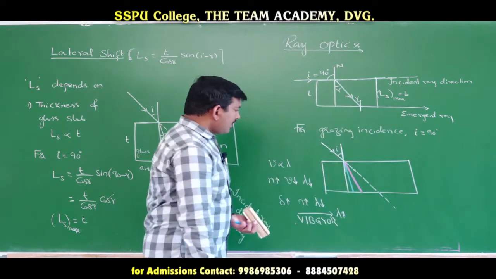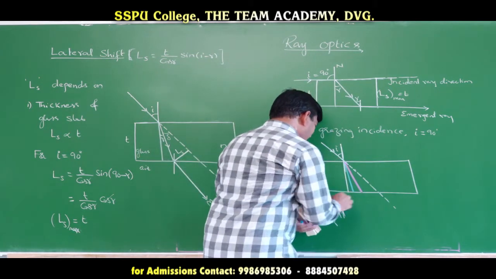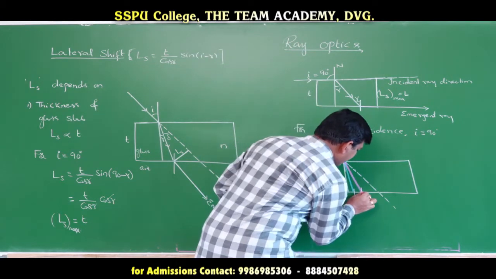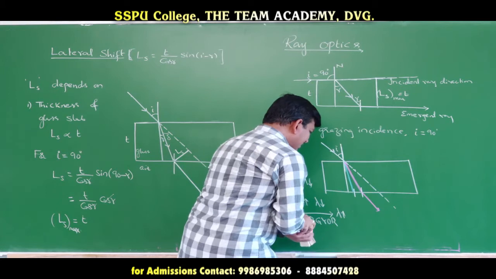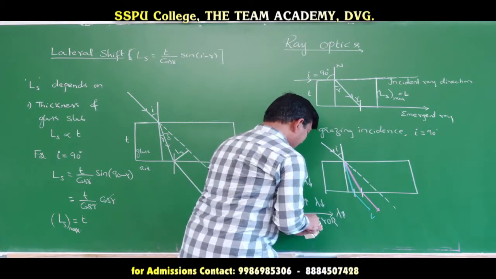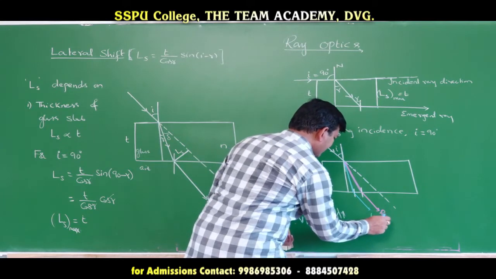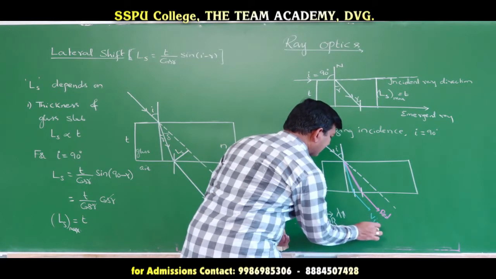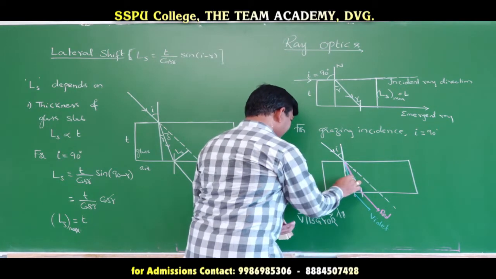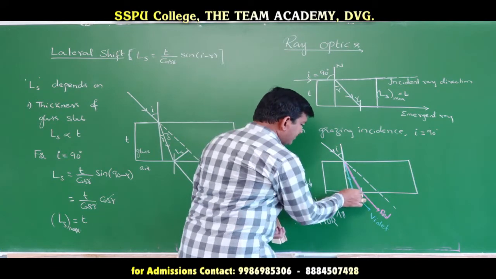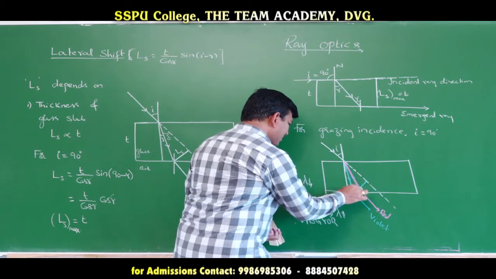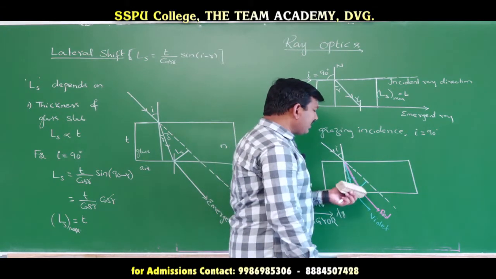Yes or no? Now here, this red color is emerging here. Even the violet color is also emerging here. This is red and this is violet color. Let us consider these are the deviated rays. Now, if you see here, this is the incident ray direction, this is the emergent ray. Now, this is the perpendicular distance between the emergent violet color and the incident ray direction.